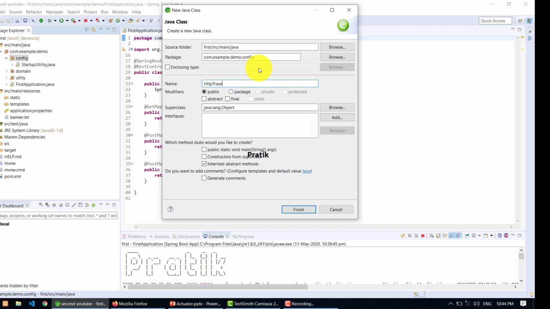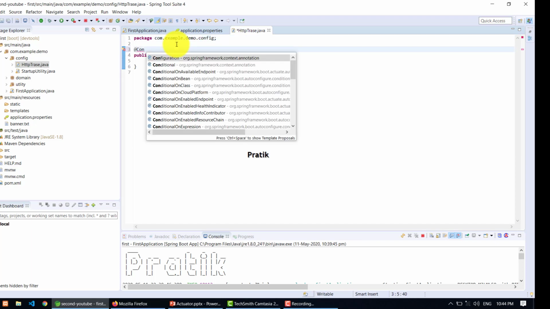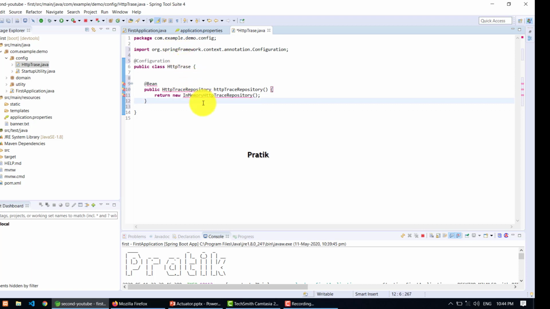I'm creating the class, HTTP trace configuration. We need to write configuration because we are writing the bean inside it. This is the bean I am writing, and we need to import it.